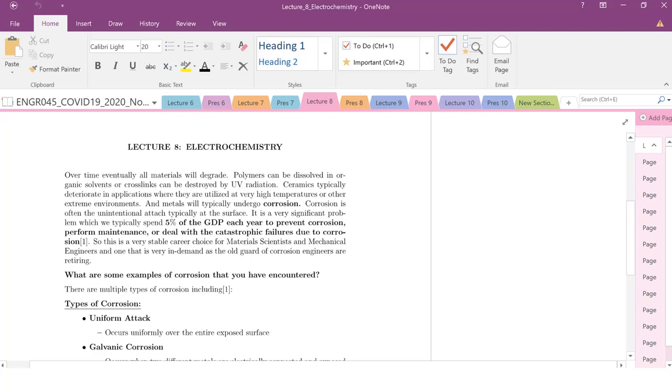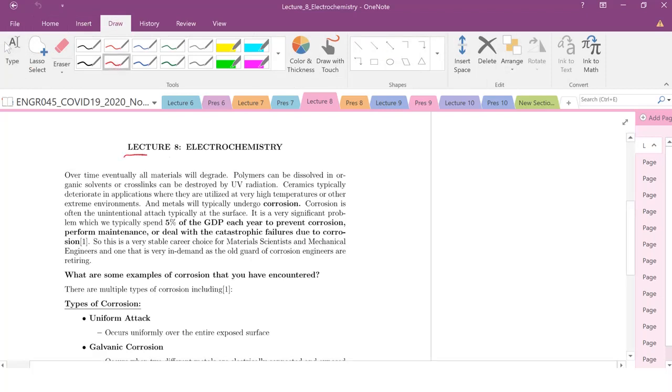Today we're going to talk about Lecture 8, and specifically we're going to talk about electrochemistry and corrosion. How do you set up an electrochemical cell to deal with galvanic corrosion? How do you define a cathode, how do you define an anode, where are electrons flowing, what material is going to corrode, what material is going to electroplate, how do you deal with the Nernst equation when you're out of ideal or standard conditions, and then how do you protect a material from corroding using a sacrificial anode? So it sounds like a lot, but actually corrosion's pretty straightforward, and again, it's a very lucrative